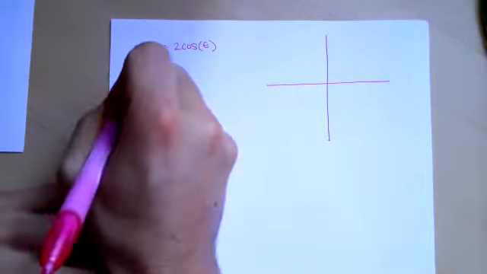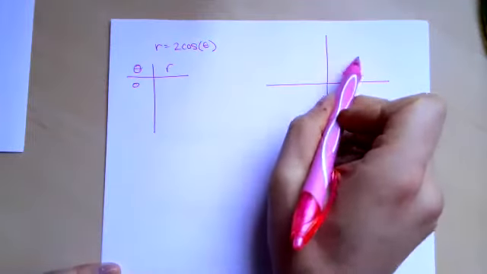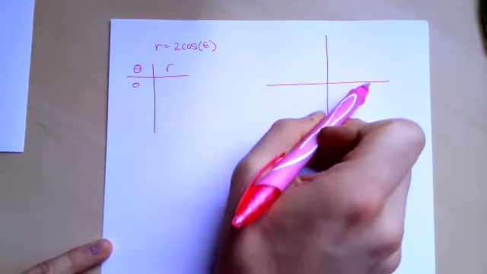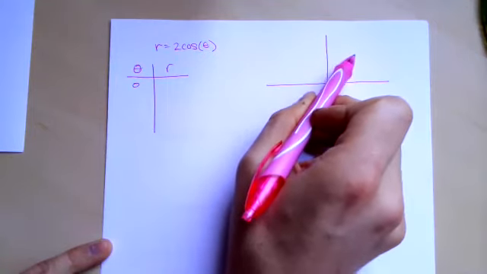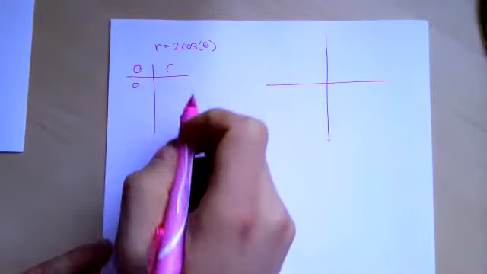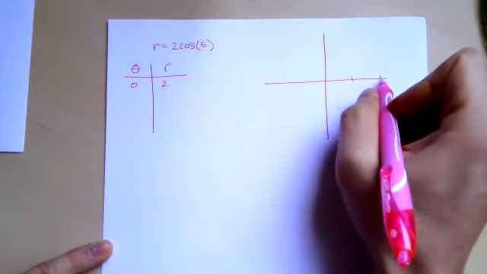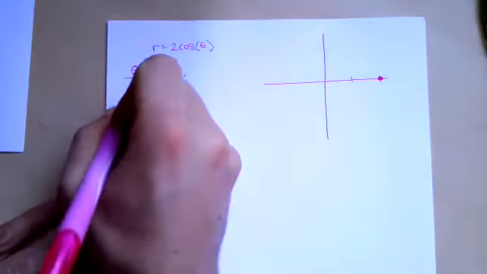Let's start off. Theta equals 0, what's going to happen? This is a common graphing technique for polar coordinates. I would say always start with theta equals 0, and then move around the circle. You want to think of it as graphing around the circle: as theta, the angle, changes, the radius will change. So it can do some fancy things. When theta is 0, what is my r? Cosine of 0 is 1, so r is 2. Let's go in increments of pi over